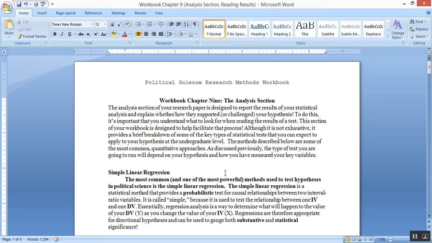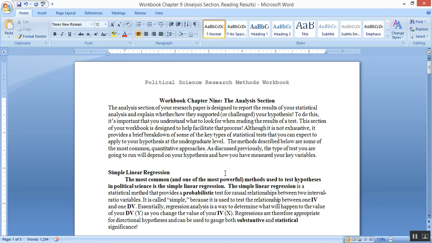Like all regressions, the simple linear regression is there to test two things. One, the nature of a relationship between two variables, and two, the strength or magnitude of that relationship. We call it a simple linear regression because we're going to look at exactly two variables. We have one independent or explanatory variable, and we have one dependent or outcome variable. And we're trying to figure out how these two things are related to one another